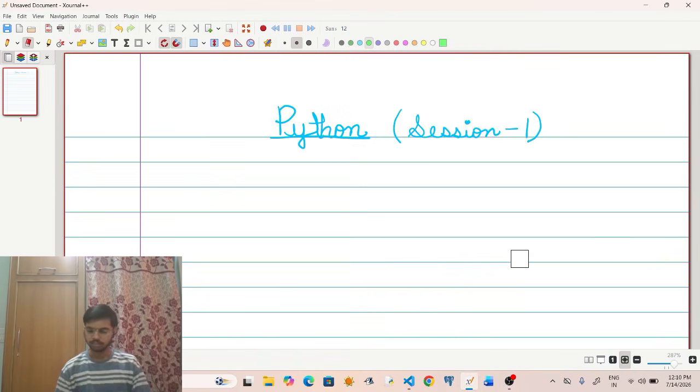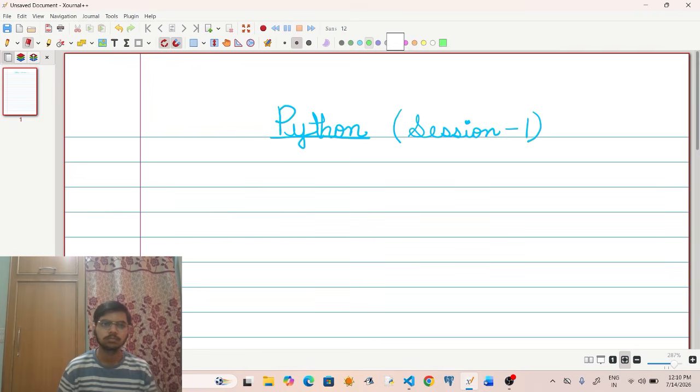Before we begin with Python, there are two terms, programming and coding. So let us understand each one of them. First is coding.